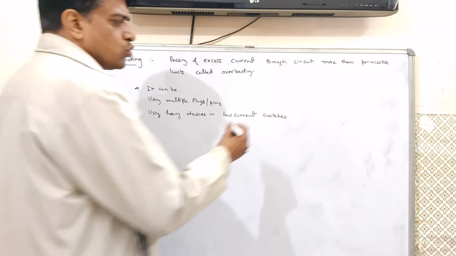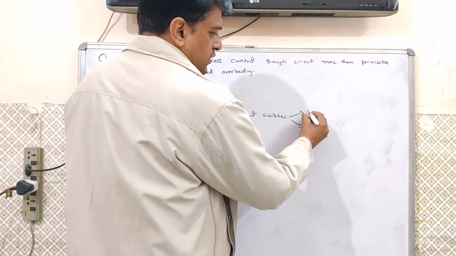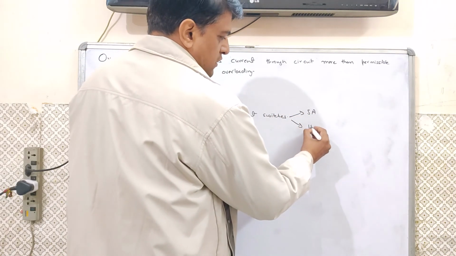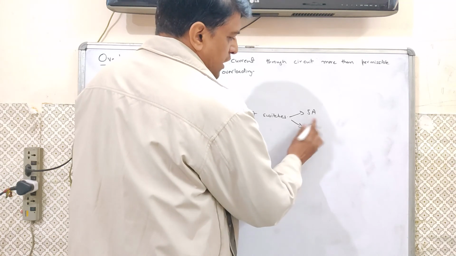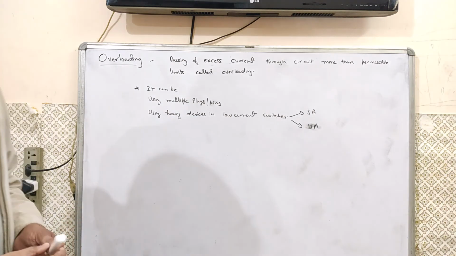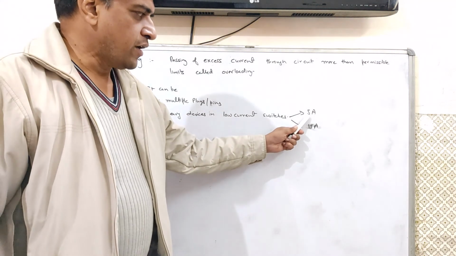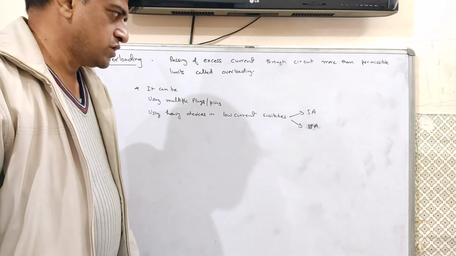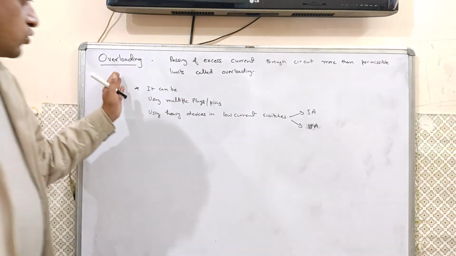We have two types of switches. One is 5 ampere switches and second is 15 ampere switches, which are made for running different types of devices, and running of heavy devices in 5 ampere switches is also known as overloading.